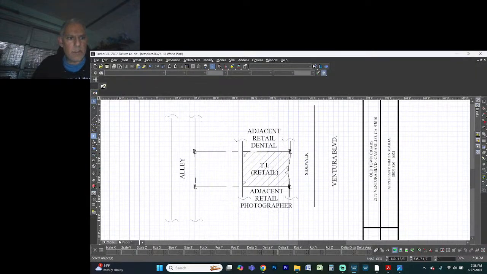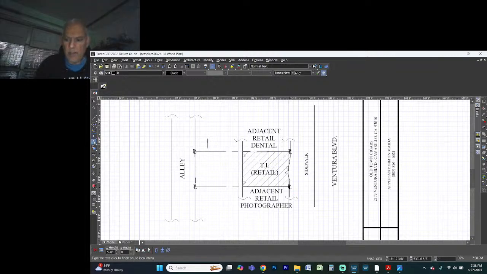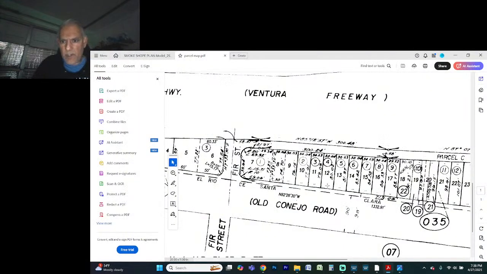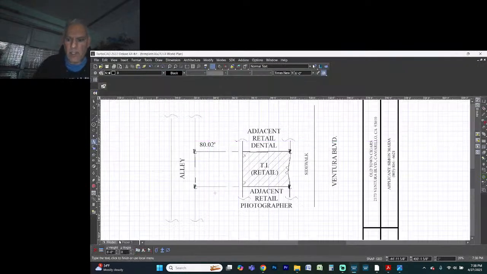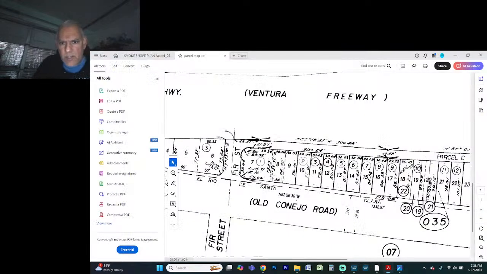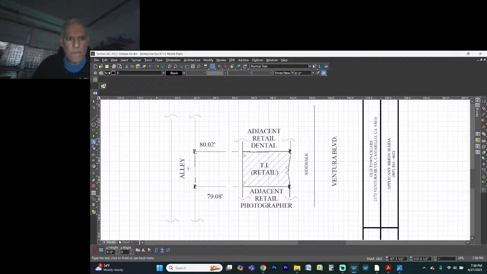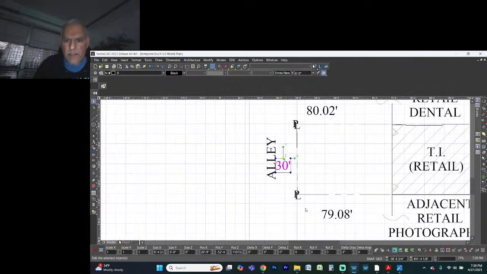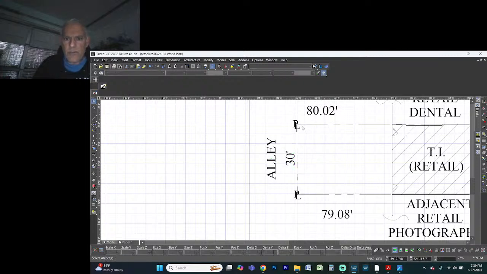So we, in big letters, go 80.02 feet. And then on this side, it's 79.08. So then we say 79.08 feet. And then here it says 30. Oh, 3003. I just made it 30. Oh, that's 30. So anyway, then 30 feet. But I like to spin that so people know it's talking about that side. So 30 feet here,